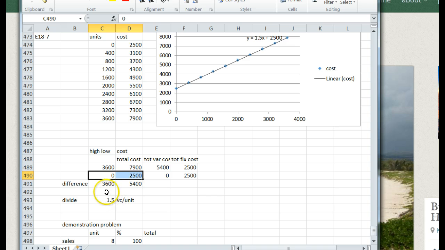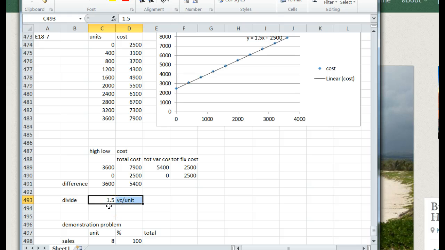Okay. Then we're going to take the difference between those two numbers. So it's 3,600 units and $5,400 in cost. All right. And then we're going to divide. So if we divide our $5,400 in cost by 3,600 in units, we get our variable cost per unit,